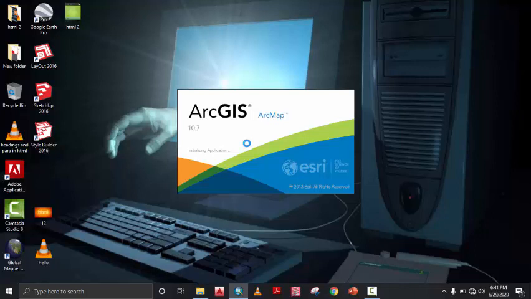We have discussed the interface of GIS, what the catalog is, what the Arc toolbox is, how we can add data, how we can save the data, and how we can import and export, and many things we have covered so far. So today, my dear students, we are going to study in ArcGIS how to create a shapefile. It will take some time.